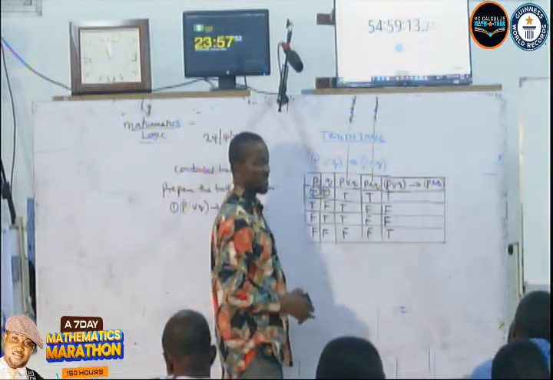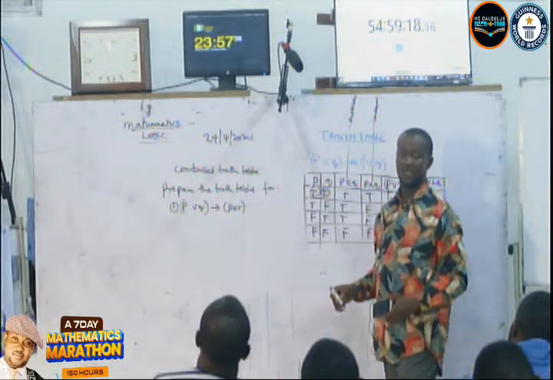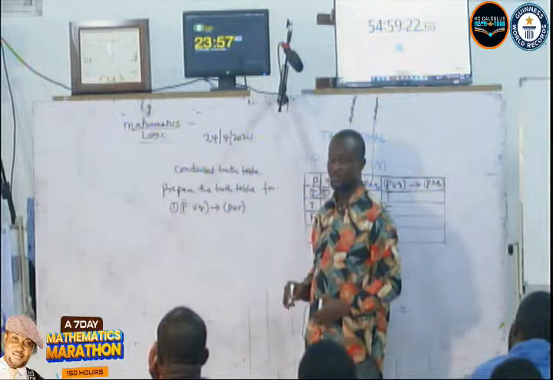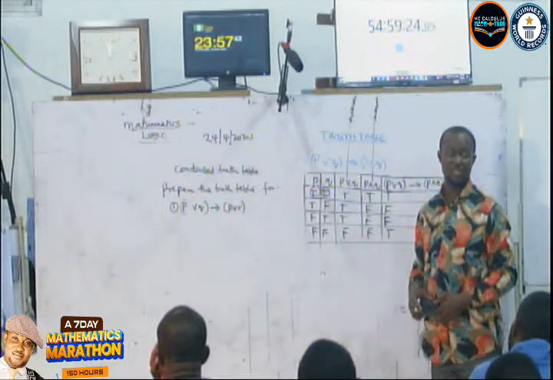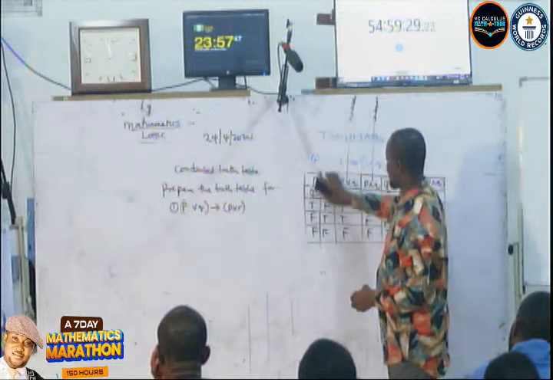Anytime you see a table that they ask you to prepare, and you see alphabets that are more than 2, like you have PQR, you should know that is a logic that contains 3 propositions. And you know, in logic,